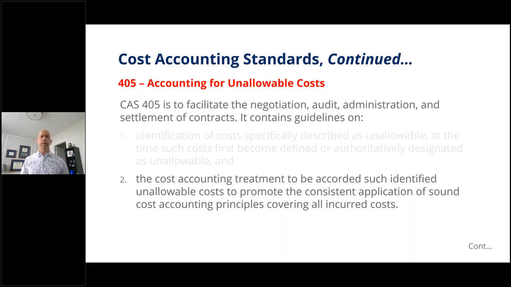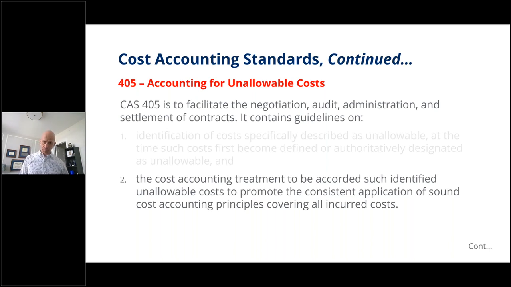But the government has said, these are costs that you do not need to incur in order to do business with us. Some of the common ones are alcohol. So if your employees go on their own travel, they go out for a burger or steak or whatever, at the end of the day, you reimburse them for a beer or a glass of wine, may or may not be tax deductible. Government says while they need to eat, they don't need to consume alcohol, so we don't reimburse the cost of alcohol. Some other common unallowable costs are interest and finance charges, charitable contributions, again, are another big one. Again, may be tax deductible, but you simply can't include them.